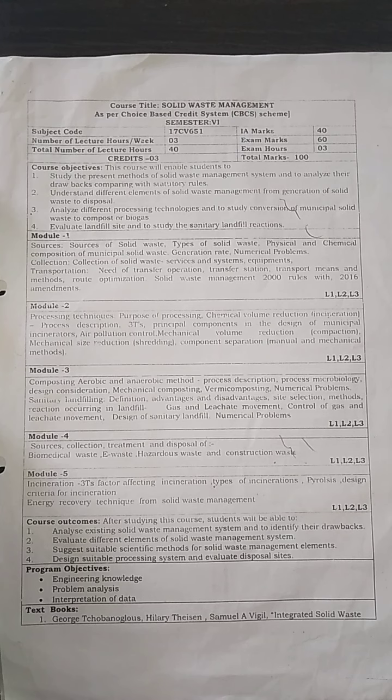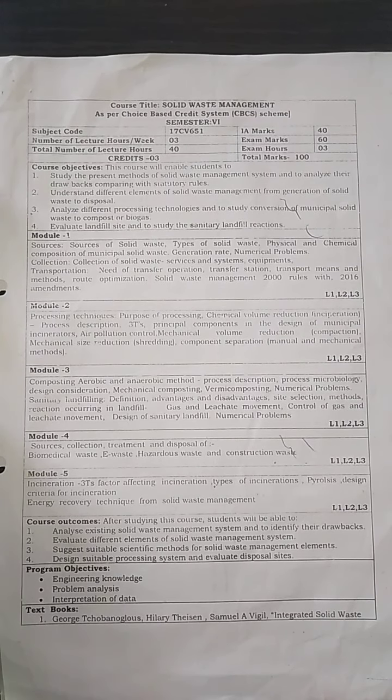Now first we will come to the chemical method of volume reduction, that is, we will see what is incineration. Now in simple terms, incineration is nothing but burning. It is a process of burning of waste in a closed furnace at a very high temperature, okay, in the presence of oxygen. That is nothing but called an incineration.